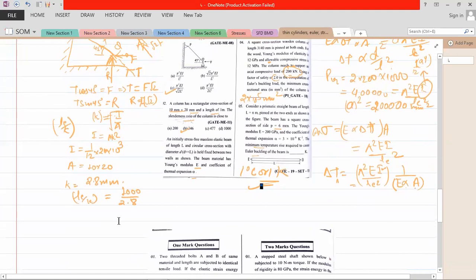Just to conclude, in Euler, you can get a question that is coupled with thermal expansion, or coupled with obtaining the value of E from the stress strain diagram and then going with Euler buckling, or you need to find the I minimum, then you can go with that. Anything can be possible. Slenderness ratio can be obtained, length can be obtained, area of cross section can be obtained, critical load can be obtained. All the things are given and you need to find only one thing. So that was the case of Euler buckling.